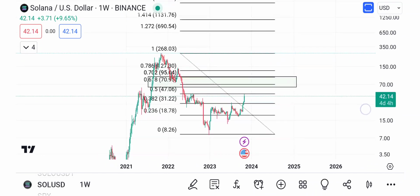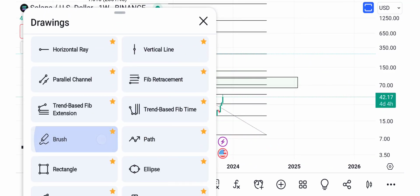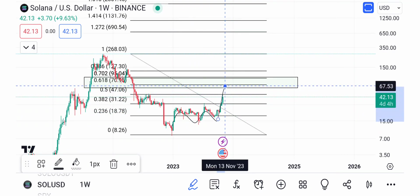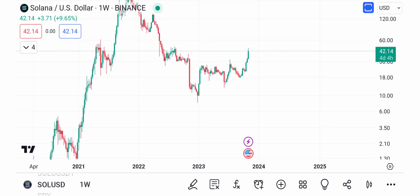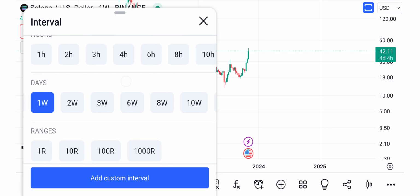So basically, like I said before, we have this 1 2 1 2, and if we get up into this third wave, we don't know when the third wave is going to end. I think we're in the middle of the third wave. So let's try to figure out where this third wave can end. So I'm going to take everything off the screen. So now that you guys understand that, let's